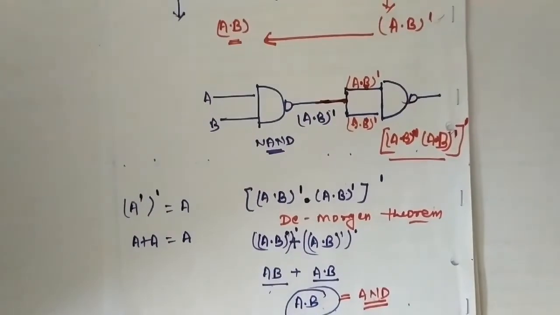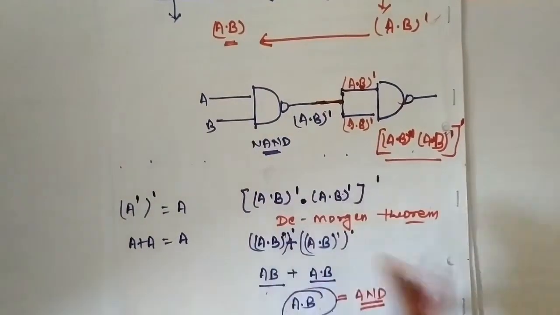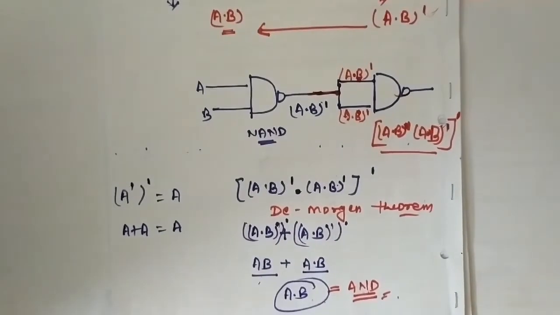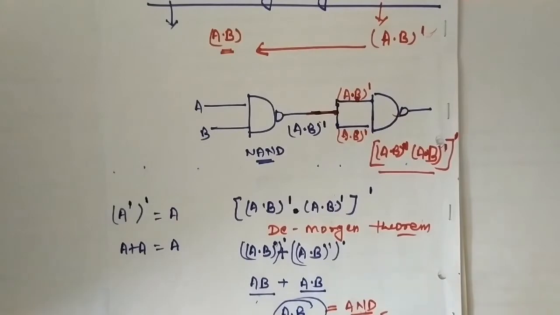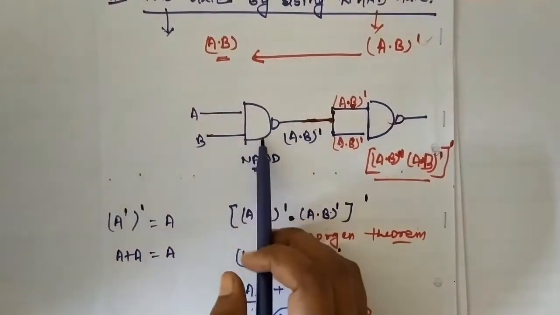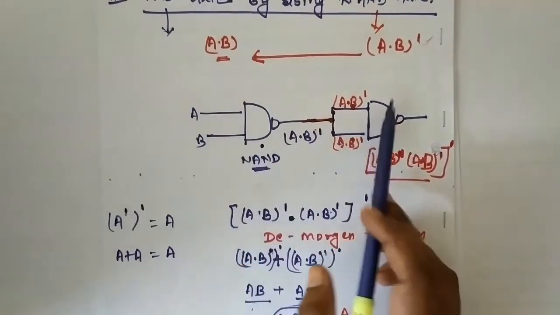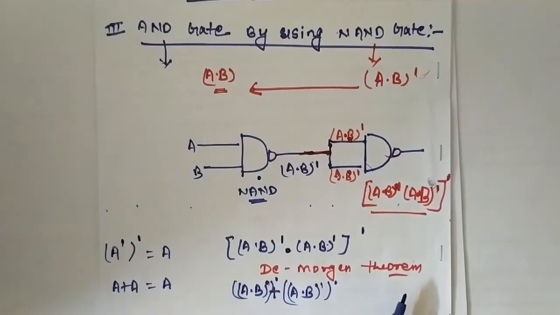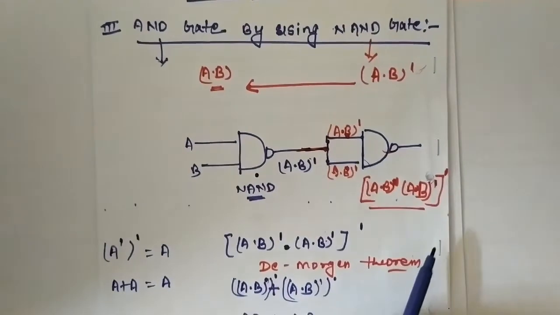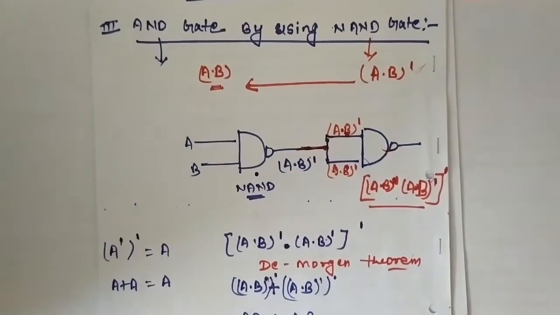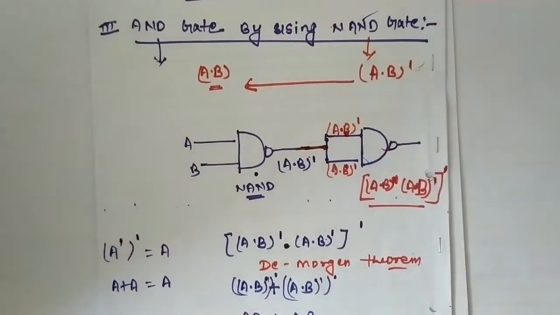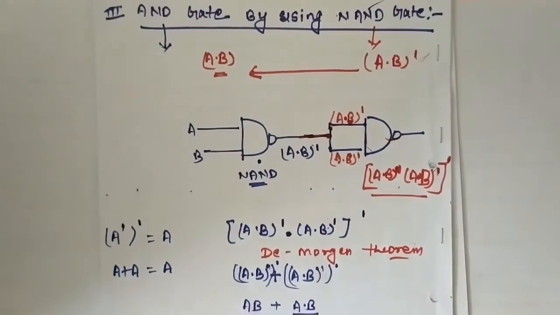So by this one we can create an AND gate. This is the very simple logic circuit to create an AND gate. So you can see, firstly put one NAND gate, again we put one more NAND gate. We can't use any other gate because this is the universal logic gate. What is the definition of universal logic gate? That means we can create any other gate by using the universal logic gate. So this is the logic circuit of